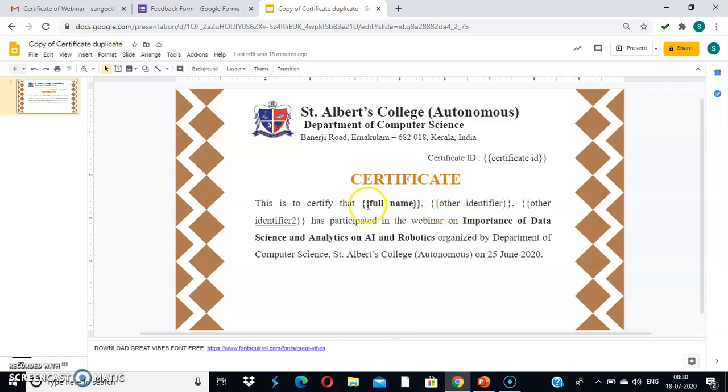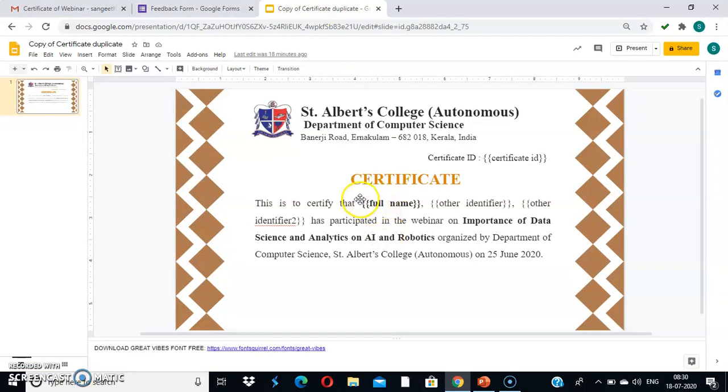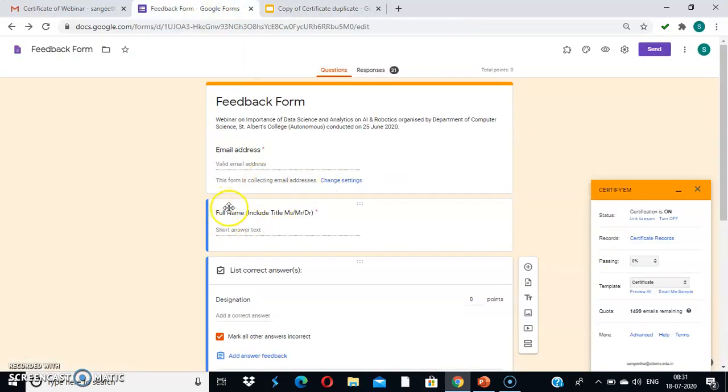For adding the name, that is for adding the first field, we have to write like this. We have to include two curly brackets and then full space name. You have to write like this, and then other identifier, also included within the curly brackets, comma, space, and then other identifier 2. Here the full name means the name of the participants,